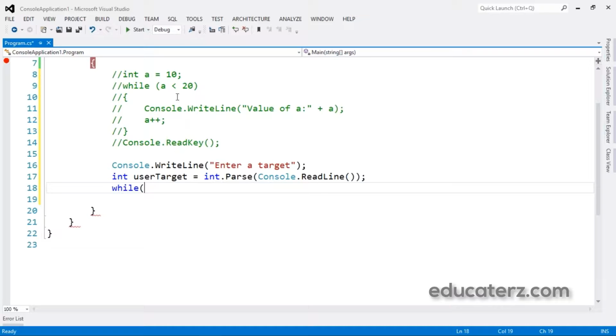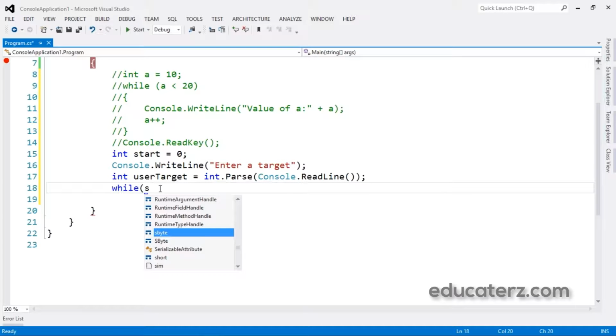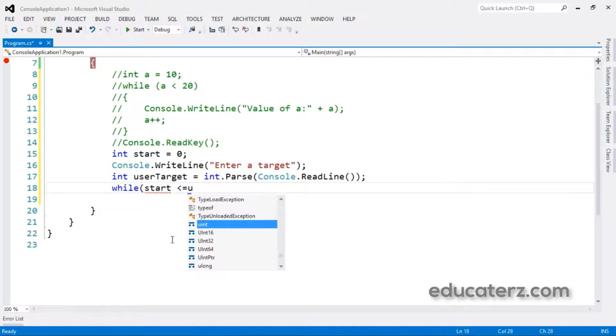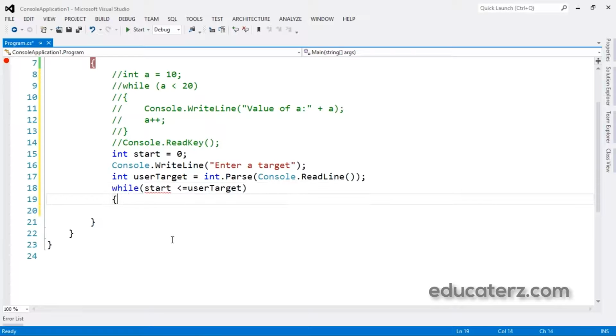Let me take an integer start equal to 0. Then while start is less than or equal to user target, let us print these values.